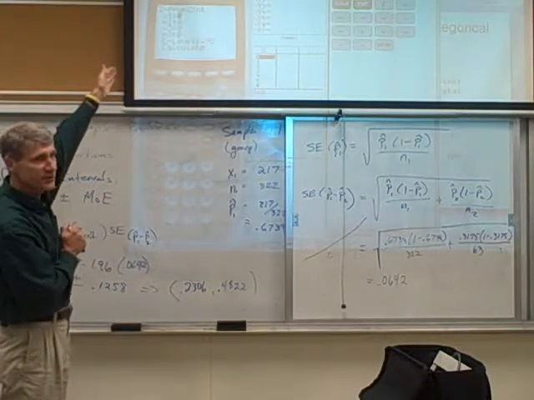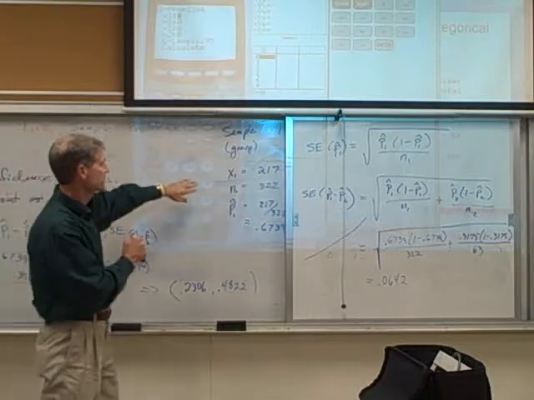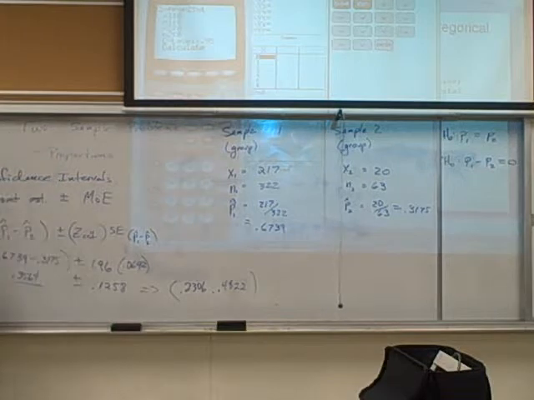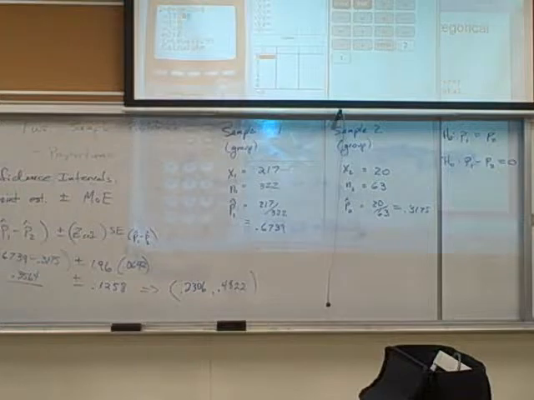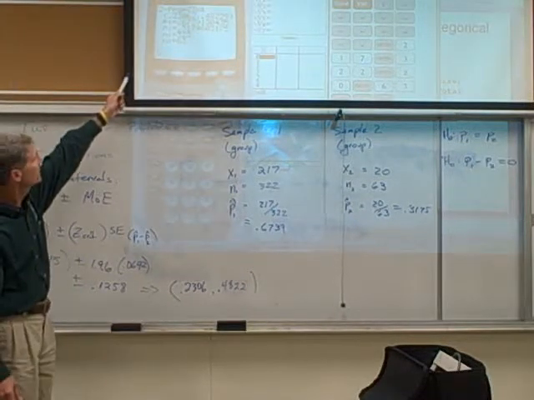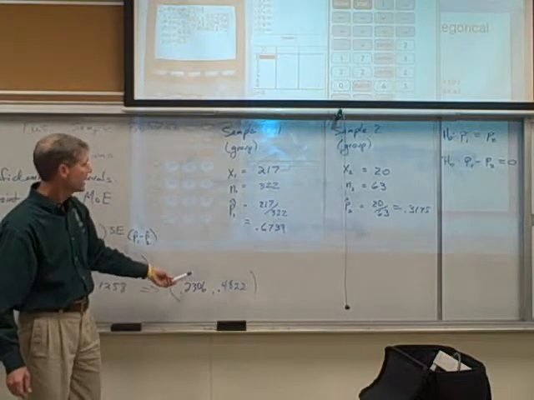So it asks for 4 things. And those are the 4 things that we collected. Top 4 are there. So just enter all of those as shown. 217 and 322 for the first sample. And then 20 and 63 for the second sample. Set the confidence level at 95% and press calculate. And we get 0.23062 and